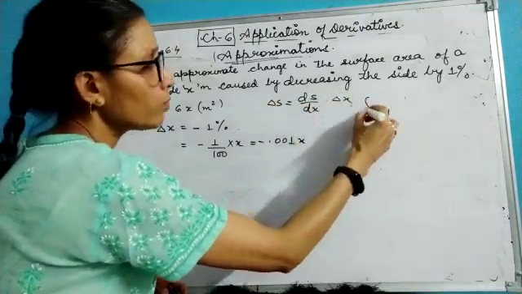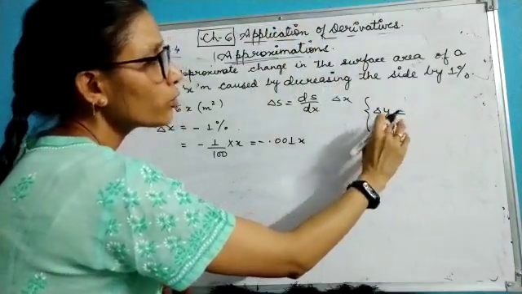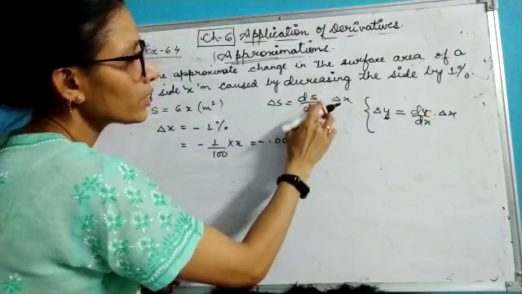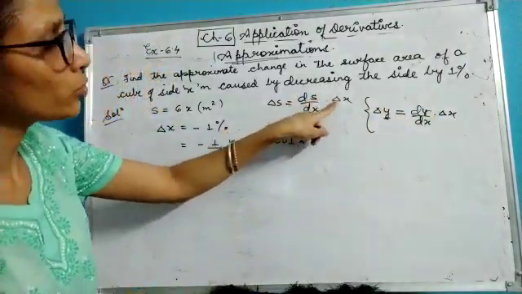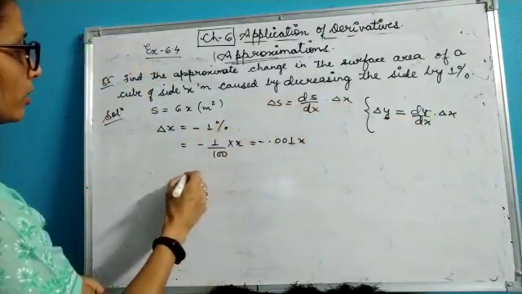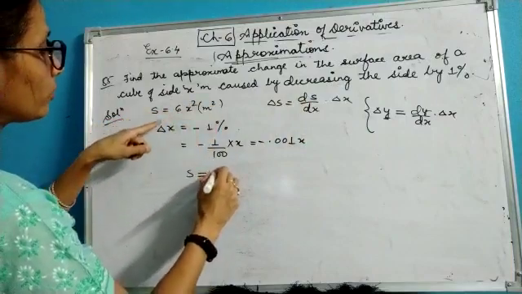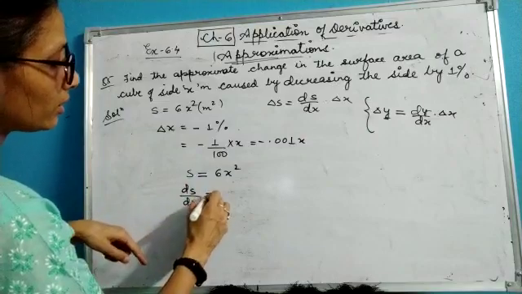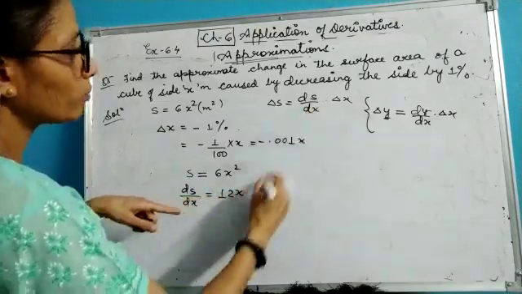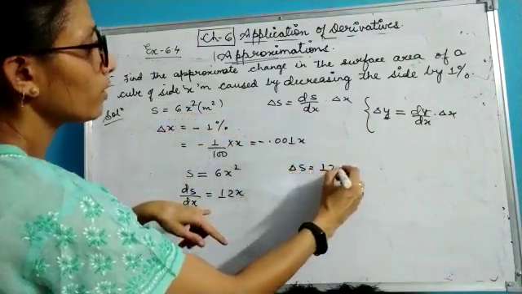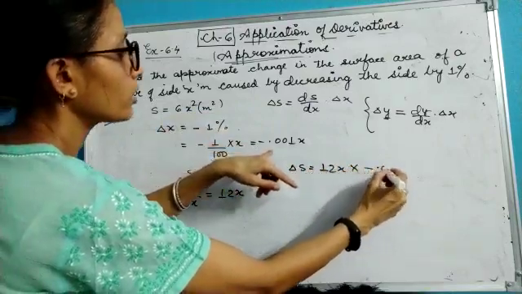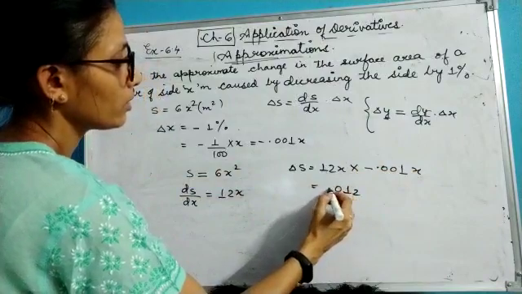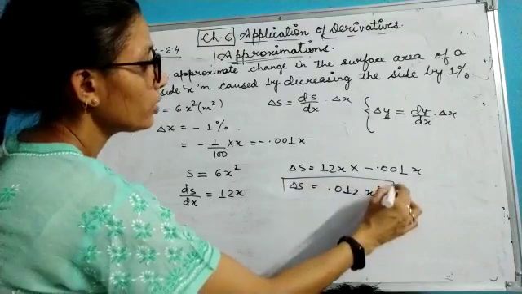In the previous questions we have read that small change in y is equal to dy by dx into del x. So here the small change in surface area is ds by dx into del x, and del x is given by this. We know S is 6x squared, so we know your surface area is this. So I can find the change in surface area with respect to its side, which is 12x, and here I need to just put all the values. The small change in surface area is 12x into del x, which is given as minus 0.01 into x. So this will be 12, and x into x will be x squared. So this is the small change in the surface area